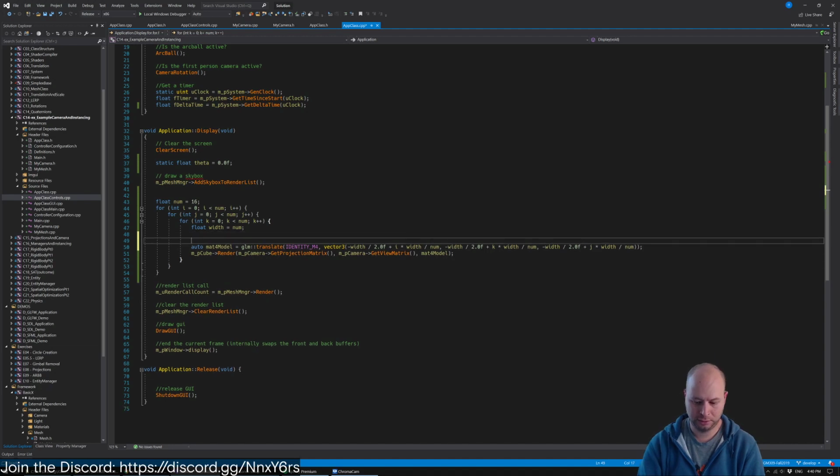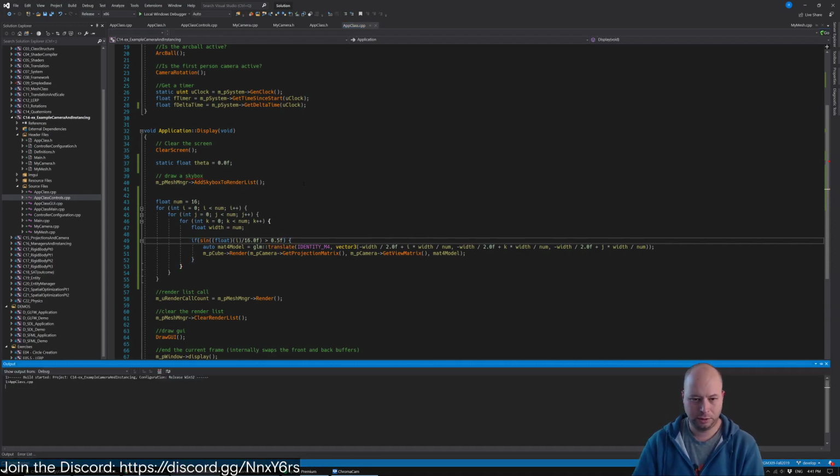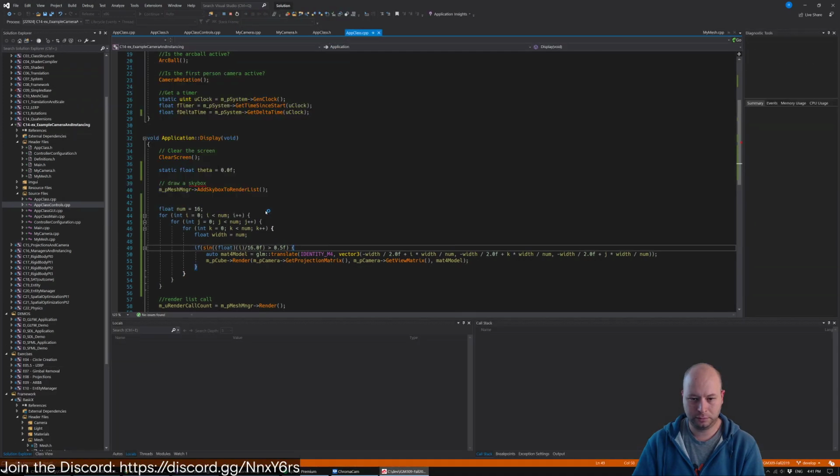Like, say, if sine of float I divided by 16 is greater than 0.5. This is just some idea thing, but you'll see we'll start to have